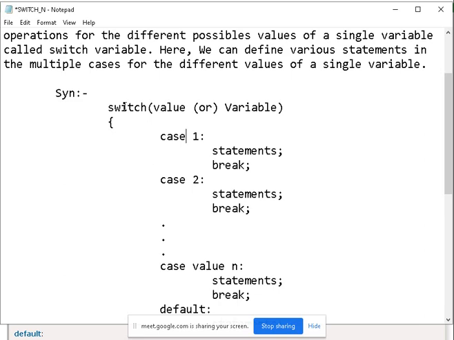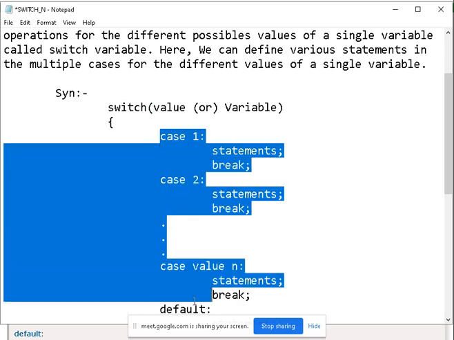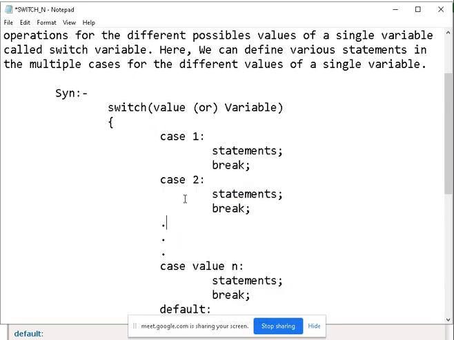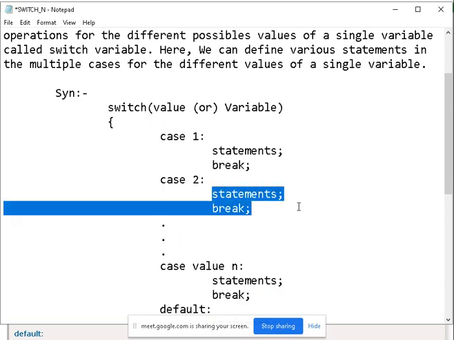The server will check whether that item is available in the kitchen or not. If that item is available, he will get that item and serve it to you. Am I right? So this is the process.